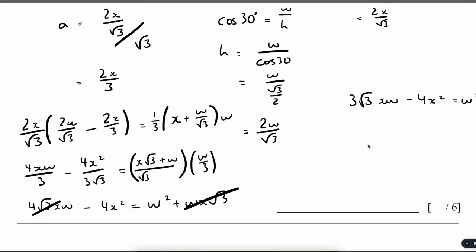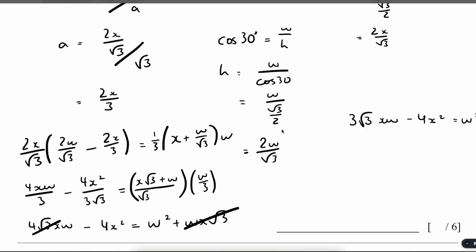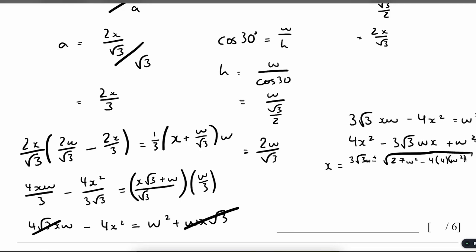And now we need to find x in terms of w, so we need to make x the subject. So 4x squared, I add that onto the other side, minus 3 root 3 wx plus w squared equals 0. It's a quadratic equation, so we can use the quadratic formula. x equals minus b plus or minus square root of b squared, which is going to be 9 times 3 is 27, so 27 w squared, minus 4ac, 4w squared, all over